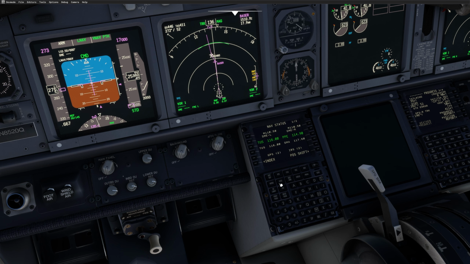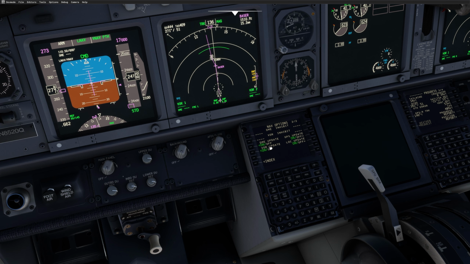On nav status, then you go page 2, and now you can see that the aircraft is using DME, VOR, and localizer and GPS to update its position. So basically here, when we fly an RNAV approach, we only want to use GPS update. Maybe we have some VOR that are under maintenance. Maybe it's blocked by some mountains. So you don't want to use any of these stations to update your position while you are flying GPS, basically